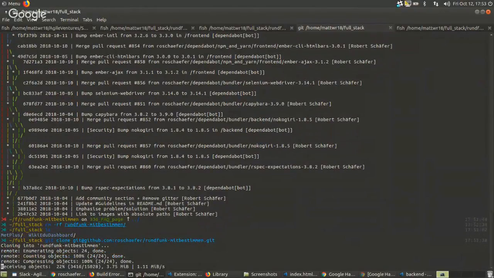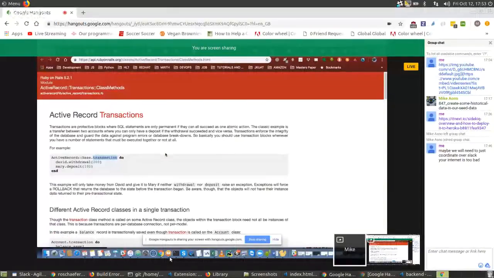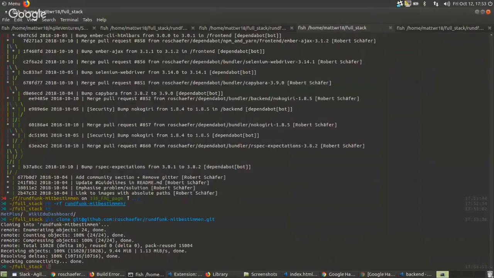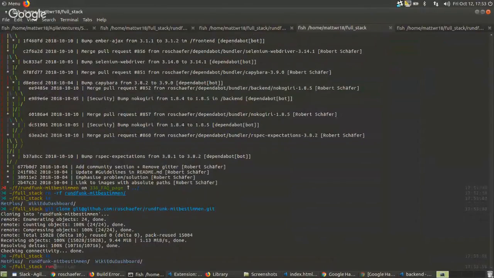So yeah. Account the transaction to do and save.